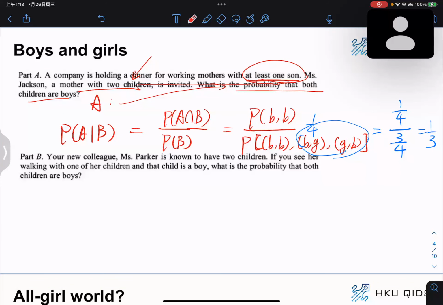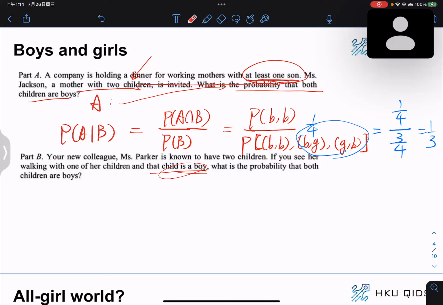Mrs. Parker is already known to have 2 children. If I see her working with one of her children and that child is a boy, what's the probability that both children are boys? This time, what is the difference? Well, the thing is that no matter whether this child is a boy or not,